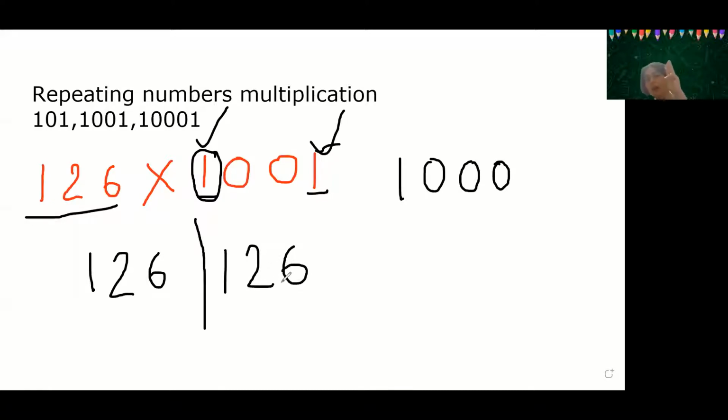Now the third part, compare the last part of the answer, which is 126. This is the first part and this is the last part. We have to check the number of digits with the number of 0s. There are 3 zeros and there are 3 digits. If the number of digits is equal to the number of 0s, we can take it as it is in our answer. So 126126 is the answer.